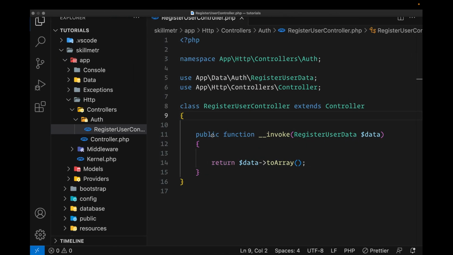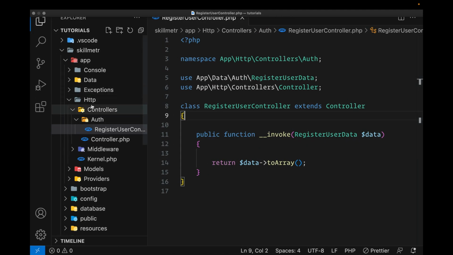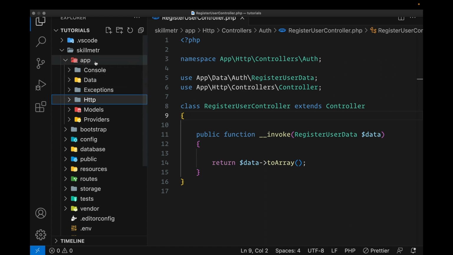The way actions will work is it's just going to be another generic PHP class that will have one method, and we'll call that method run. In fact, if you are creating your own actions, you can call it whatever you want. But in this case, we are just going to call it run. And that run method is what we are going to execute to do whatever we want to do with the